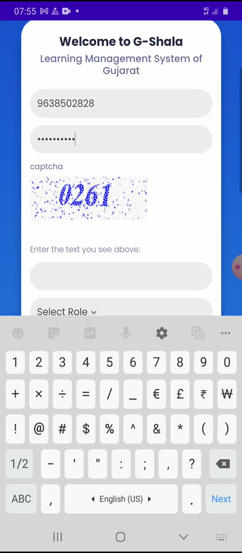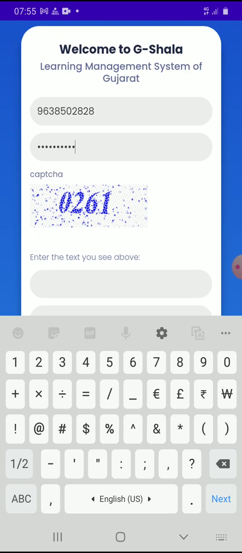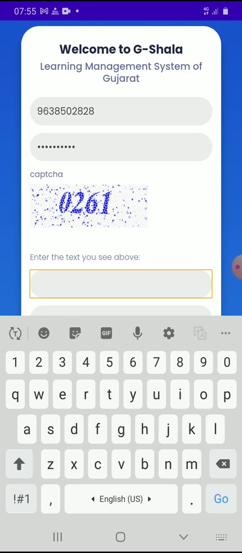After entering the mobile number and password, you have to enter the captcha, these blue color digits, 0261.